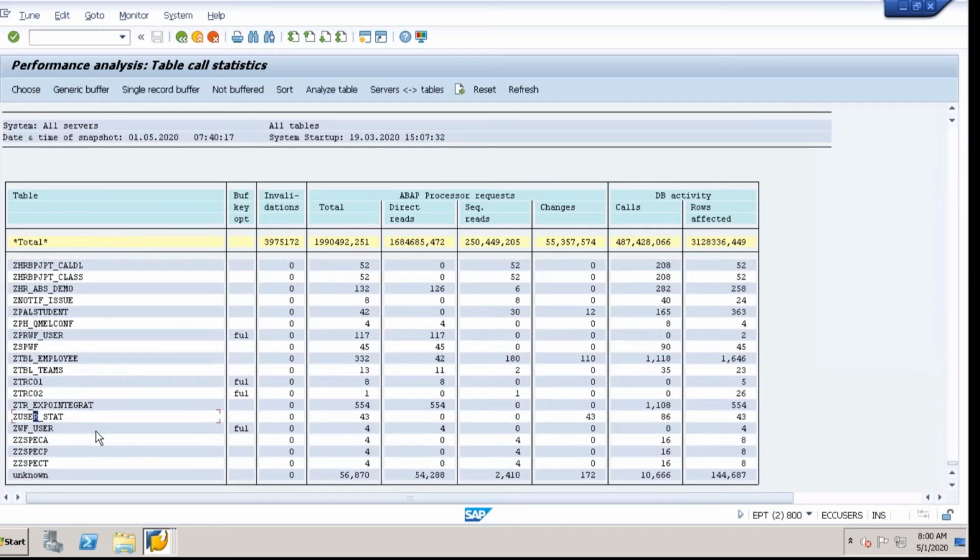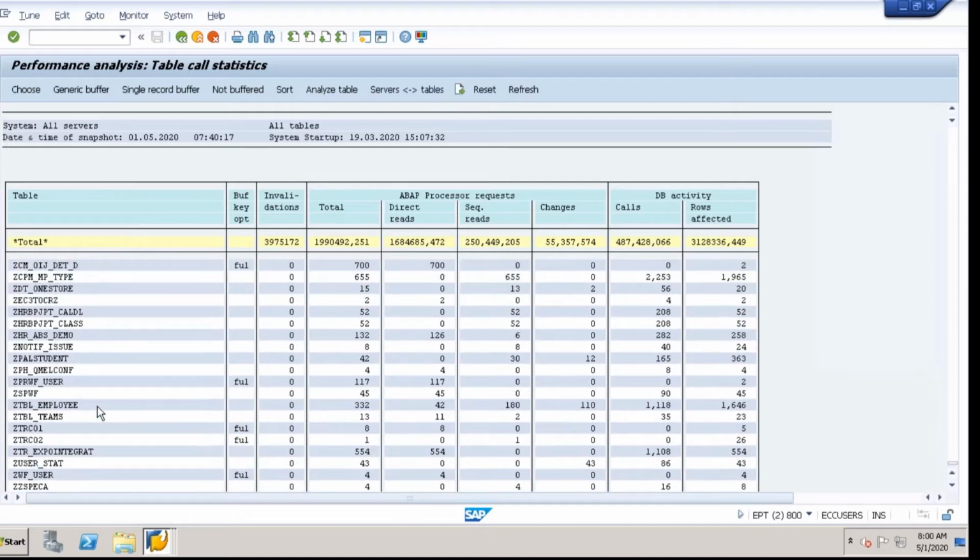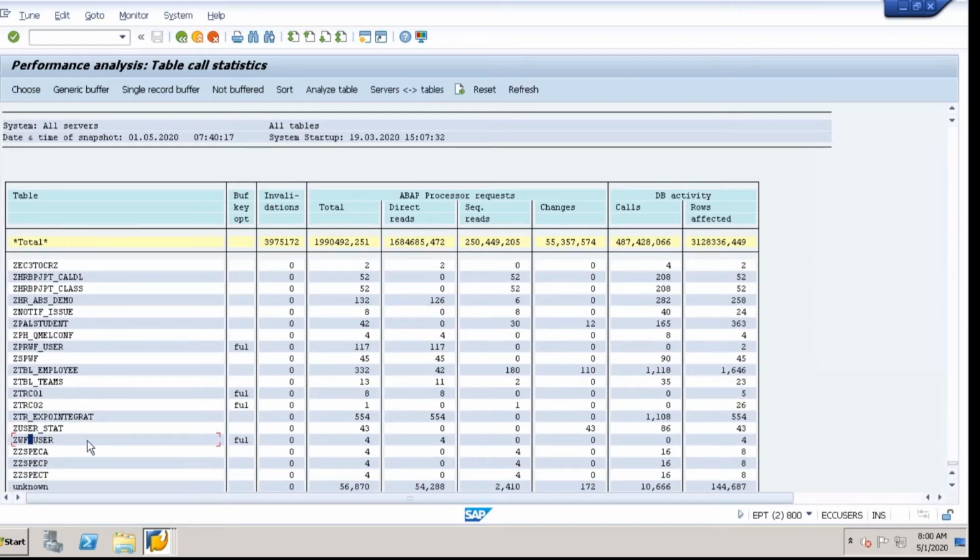It's not there. No issue, but you can see another table, if some other user has created it and opted for the full buffer over here. It is showing that for this user, for this table. If you copy this table, which someone else has created, and go to SE11 over here, paste it and click on the Display button